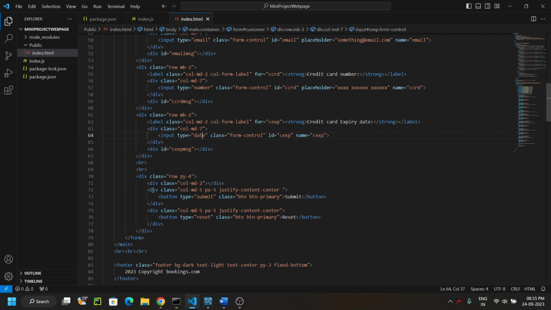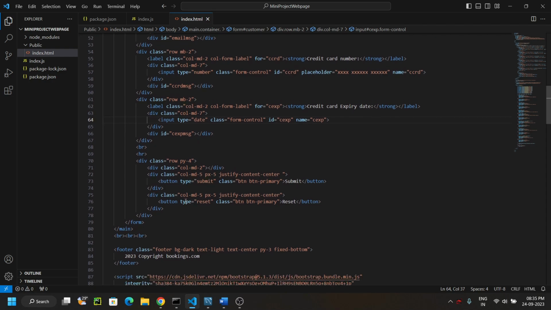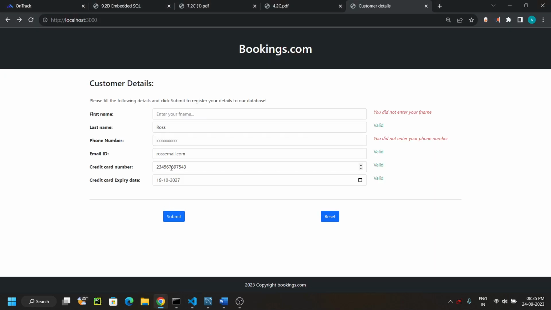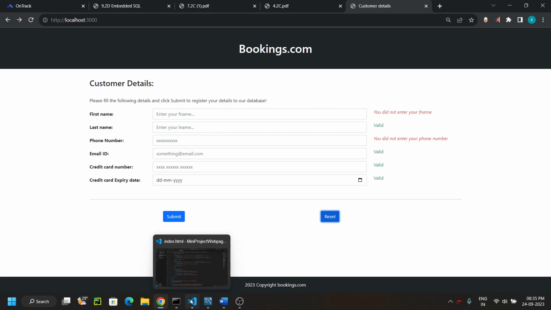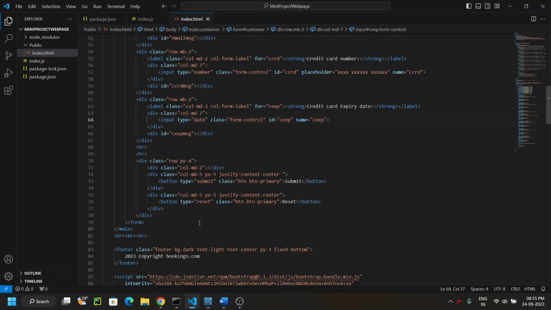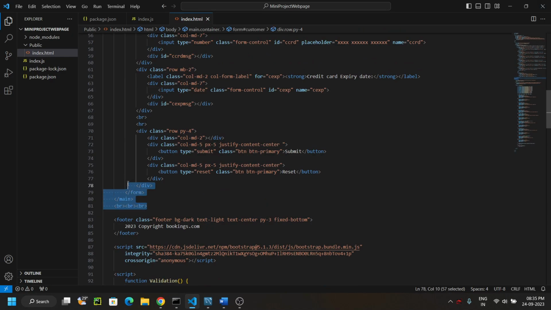And below the form, we have two buttons, one to submit and one to reset. By clicking the submit button, it submits the form, and by clicking reset, it resets everything in the form. It clears everything. And for the footer, I've just given 2023 copyright bookings.com,